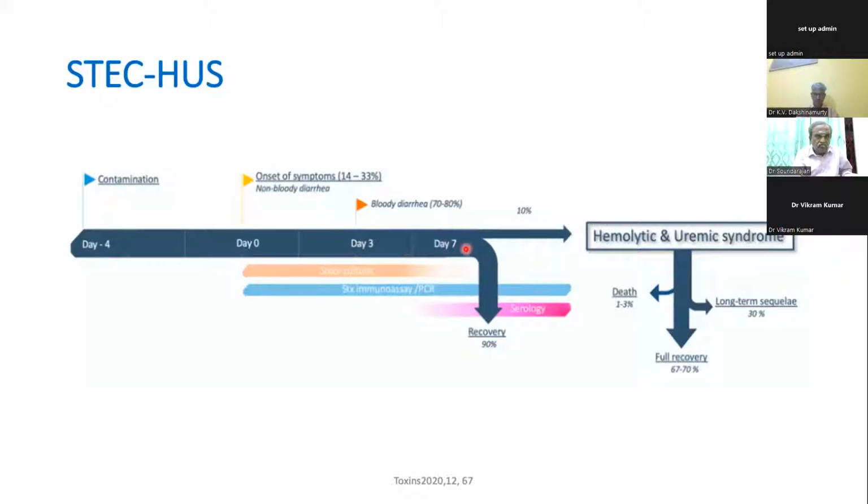By day 7, most of the patients recover. Roughly in 10% of patients, they will have the manifestation of HUS. So again, once the HUS is manifested, most of the patients recover. Roughly around 70% of patients recover. But what is worrying is that nearly 30% of patients will have